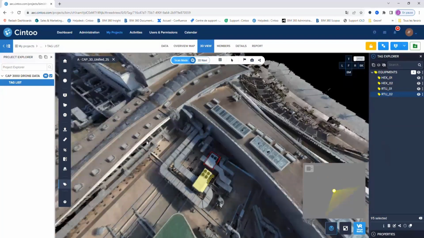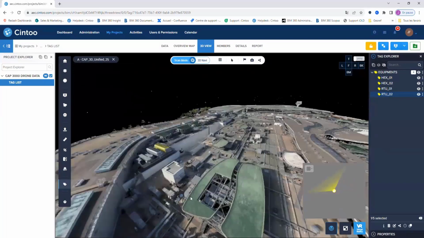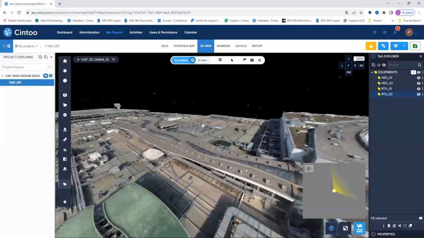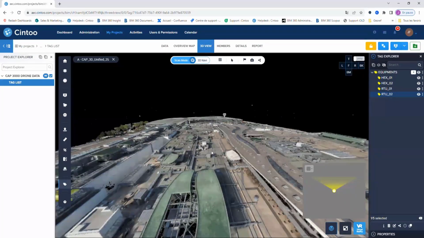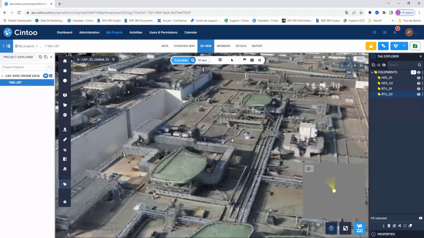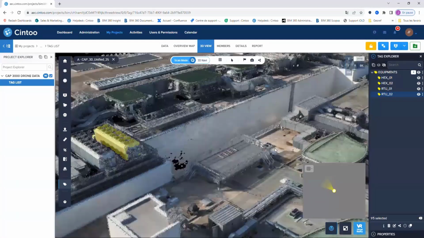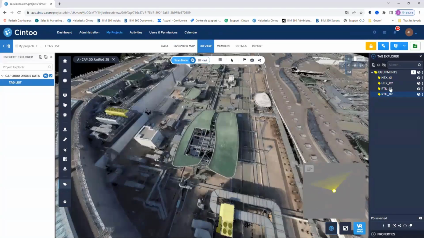So here what you are seeing is the drone capture from the roof, and you see that there are hundreds of different equipments here on the roof, technical equipments, so for HVAC and electrical and whatever. So here in the list of equipments,